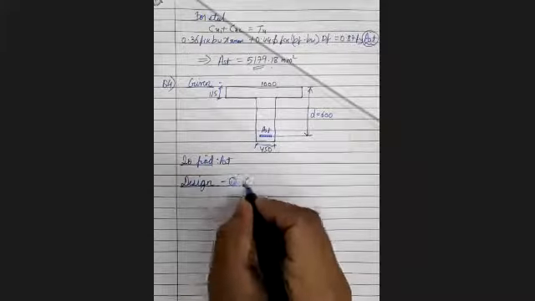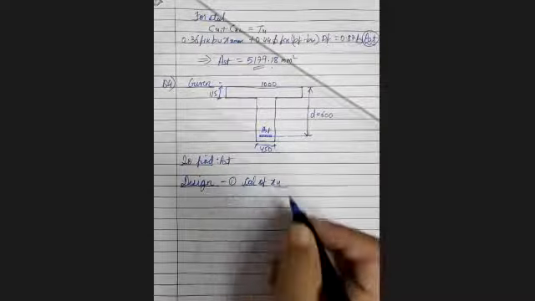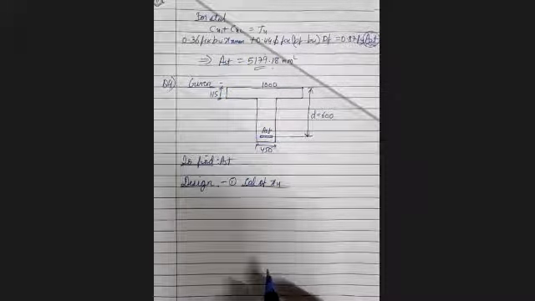So now first, in this case, you will find out the neutral axis. So considering the suitable assumption, you will find out the neutral axis, and then you will find out the XU max, then you will check, and then you'll find out the reinforcement. So for the first step, calculation of XU. So let us assume XU is less than DF. Now with the help of this assumption, we will find out the value of XU.